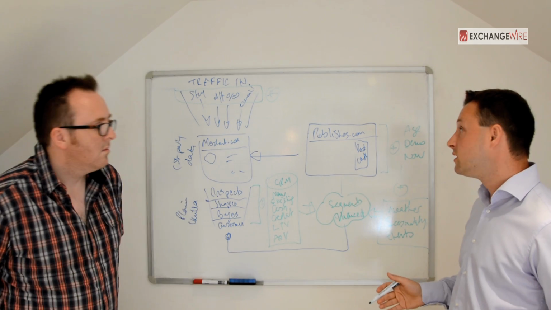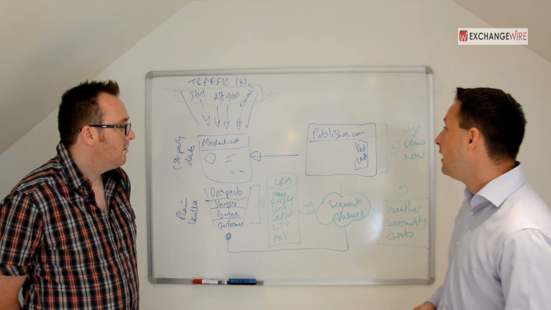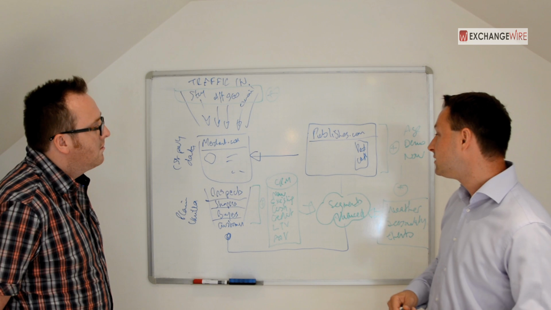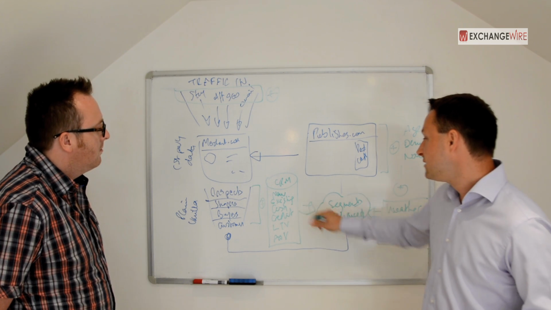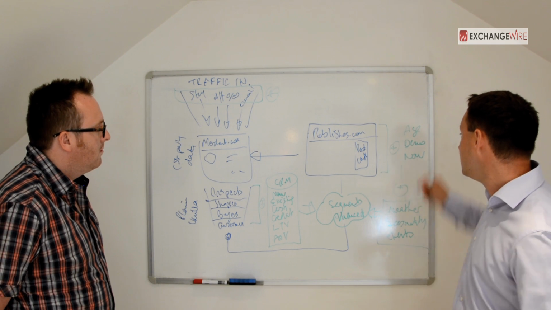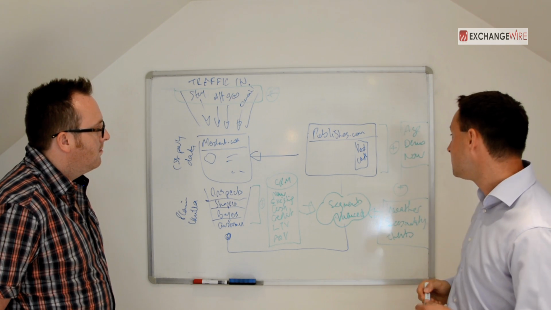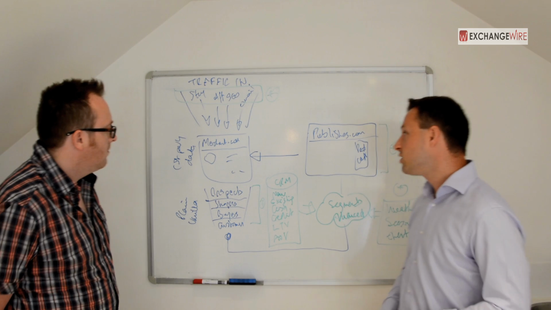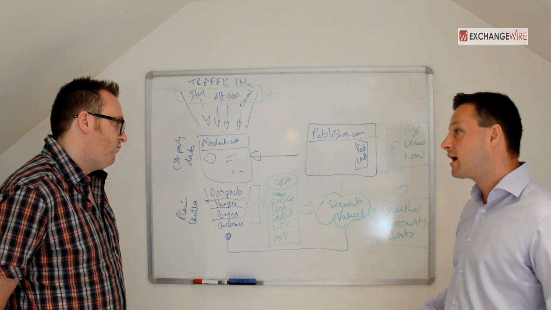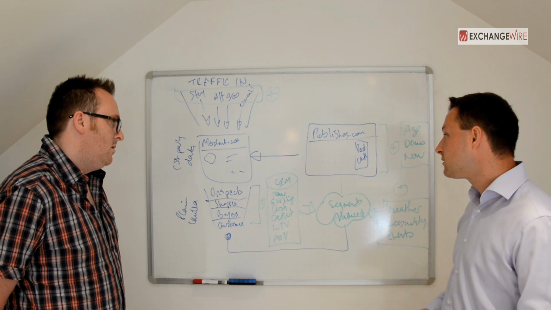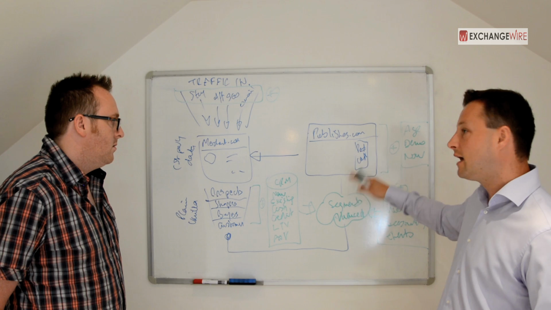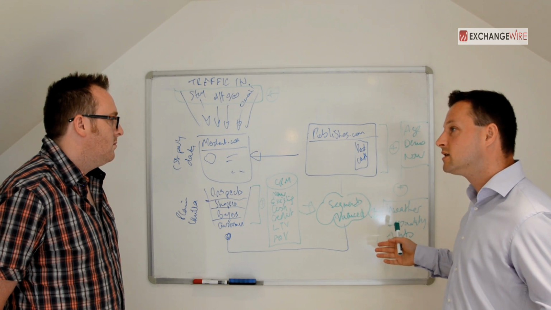So in real terms, what does it mean? For example, if a user has come in on a very generic search engine marketing term and is a new customer, as in has never bought before, and matches maybe the demographics of that merchant, that could be a very, very interesting prospect for that merchant. If they close this user and the user comes back every quarter and spends X amount, that's going to be a very profitable user. So with that information, the merchant may tell us to bid very aggressively to reach that user.